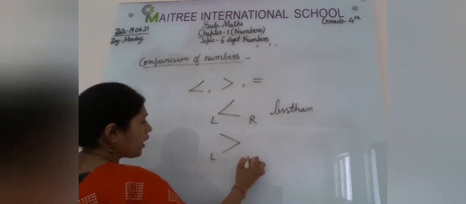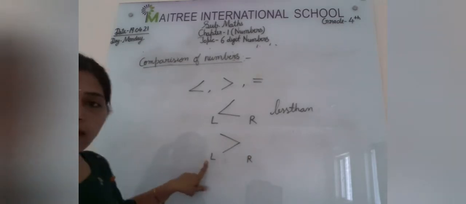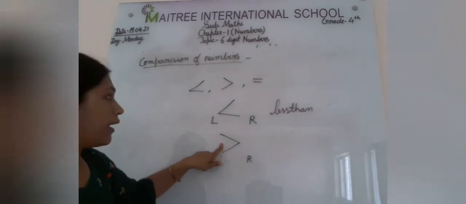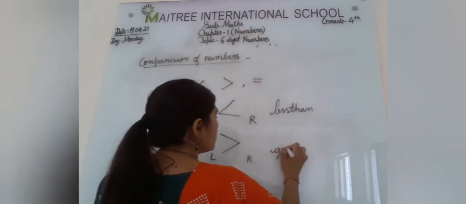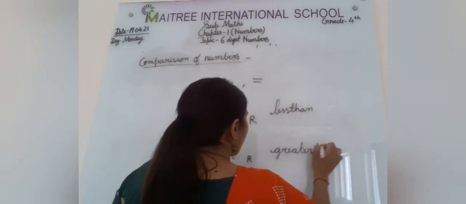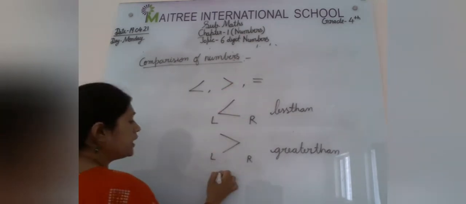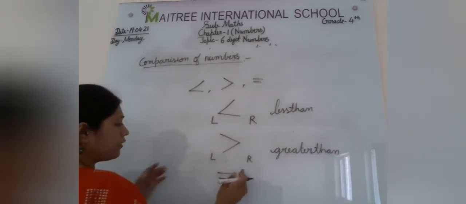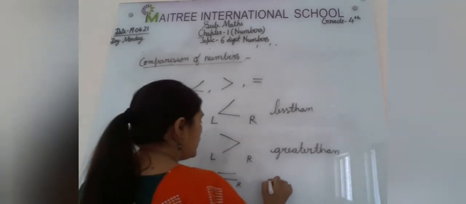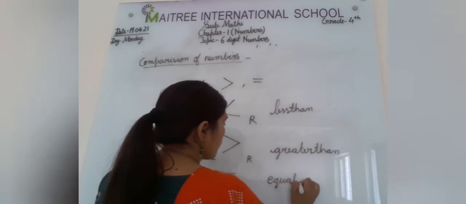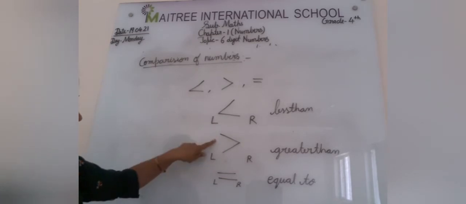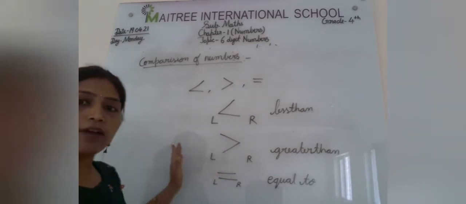Now come to the second symbol. Again read left to right. On the left side the mouth is opening, the mouth is big, so that is a greater than. And this is equal. Both are equal. No mouth is closing. These are parallel lines. So this is the equal to sign. Clear? So no one will read this symbol as less than. This is a greater than.